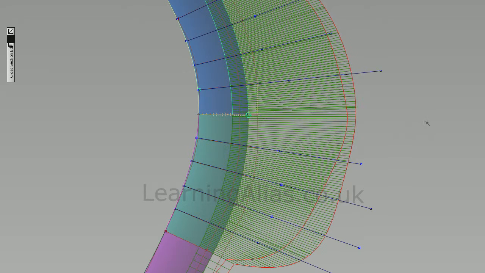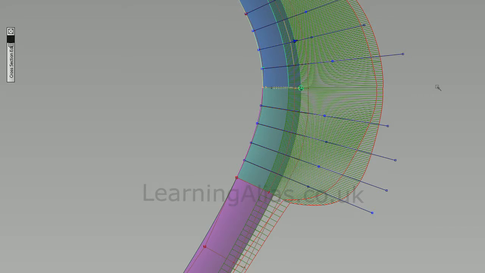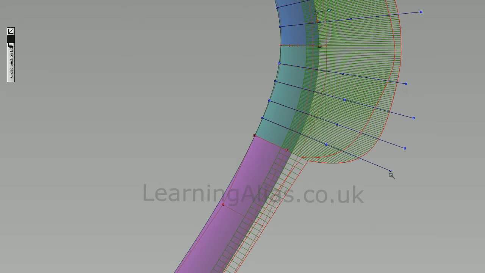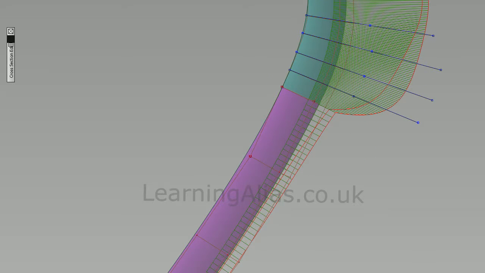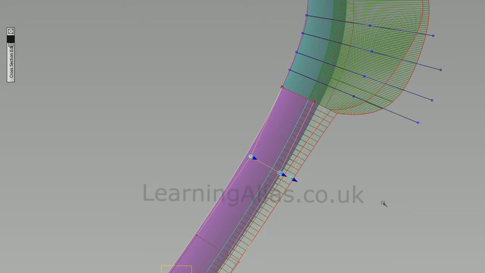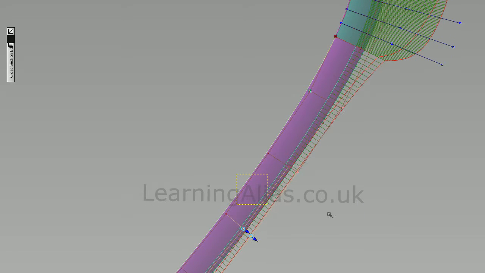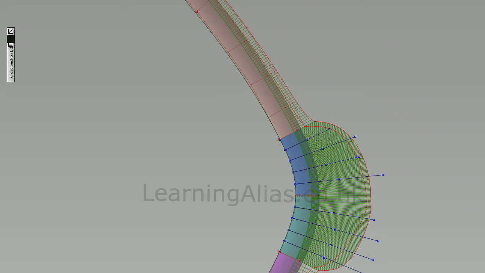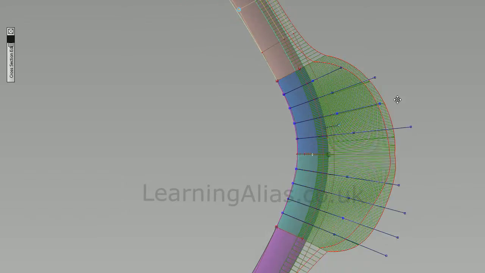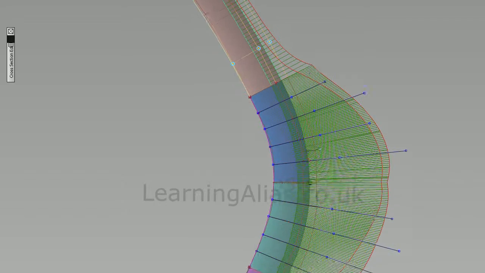By unchecking the CV option in the display control box, like I showed you in the previous video, I've hidden the CVs on the green surface, so I can't select them, which means I can select the boundary CVs on the parent surface nice and easily. You can see how this surface is still aligned to the purple parent surface. And again, we're going to transform these CVs to directly influence the CVs on the green surface and also its comb. So the blue surface is still aligned to the pink parent surface,